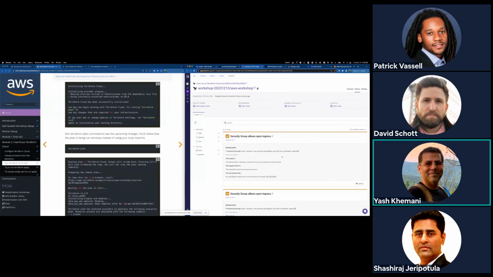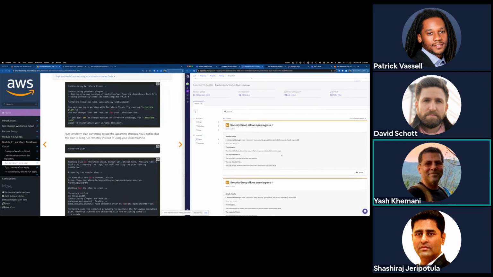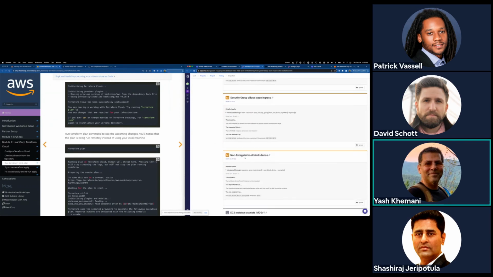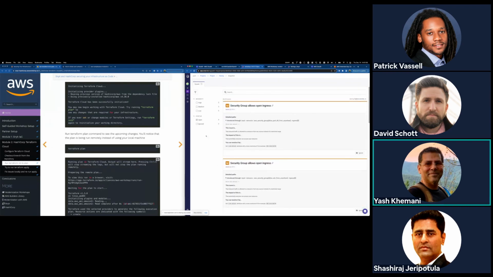And here I see all of the issues that were identified, and they're the way that they were when David ran through it, where we have a security group that is too open. That's again our other security group, and then the fact that I have a non-encrypted root block device, right? These are all of the medium vulnerabilities that were identified that are preventing me from proceeding. I can also filter over here on the left side, right? So if I just want to see the mediums and highs, I can do that. There were no high vulnerabilities. If I want to look at just the lows, I can do that also.